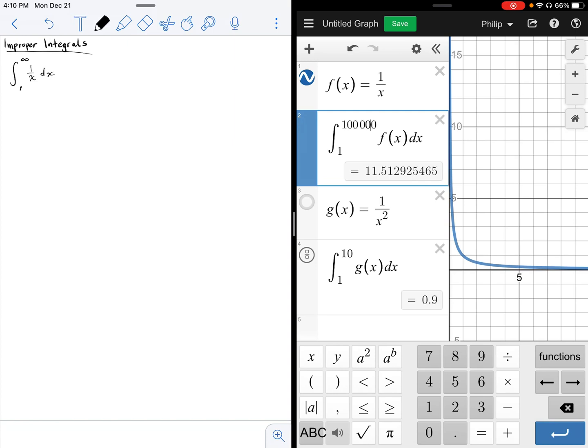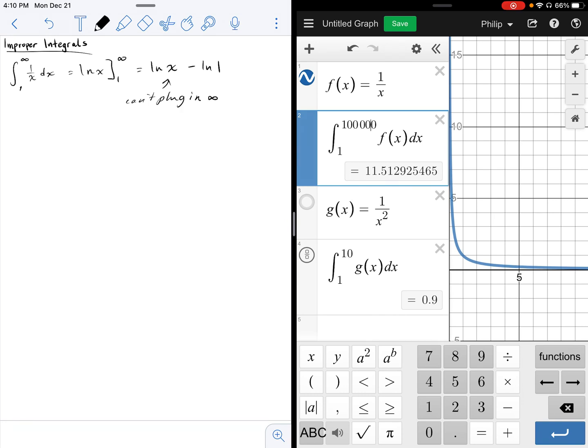And because we can't plug this in, we know that this is going to be the natural log of x, excuse me, I should say, natural log of x evaluated from 1 to infinity, which we're looking at ln of x minus natural log of 1, right? And because we can't plug in infinity,